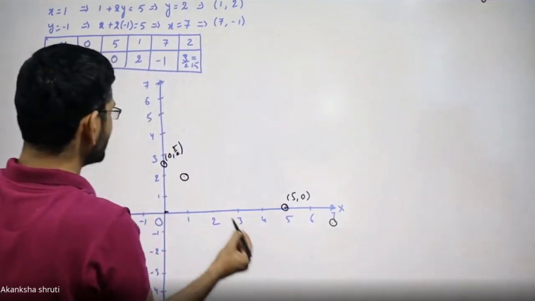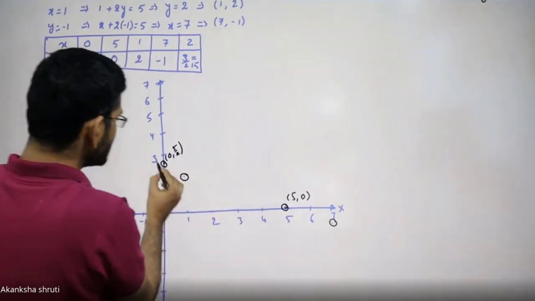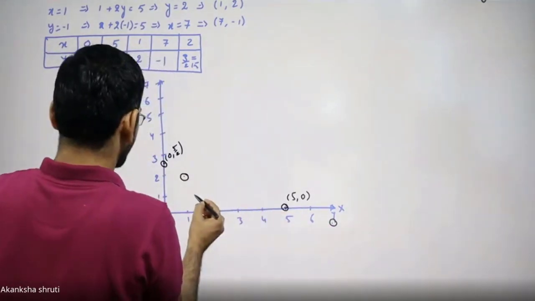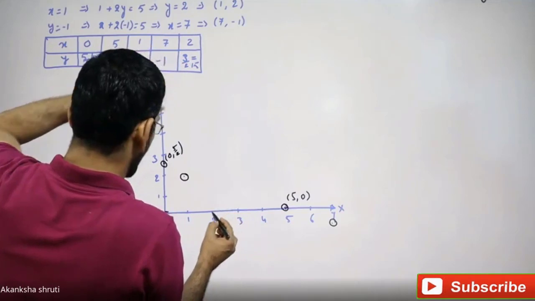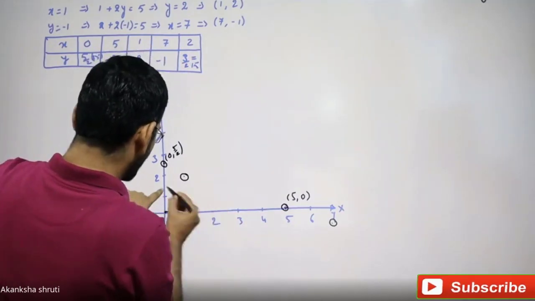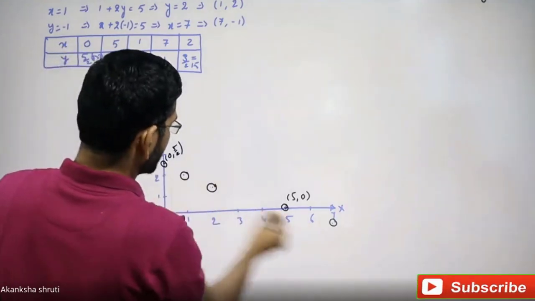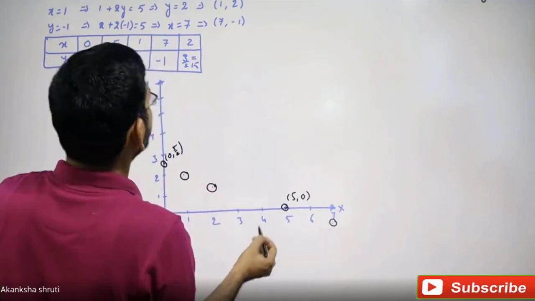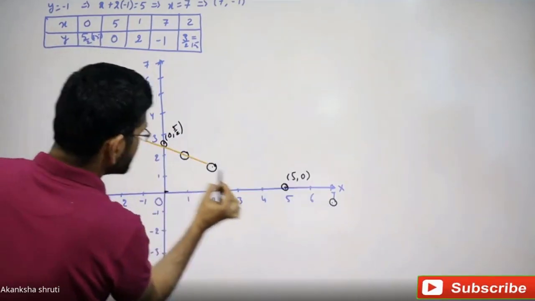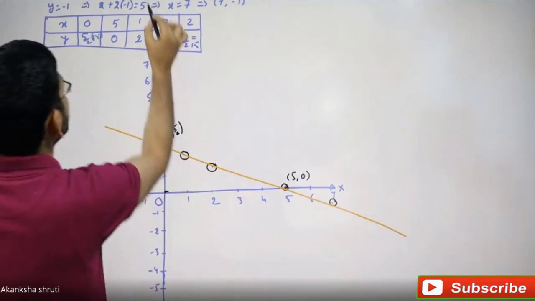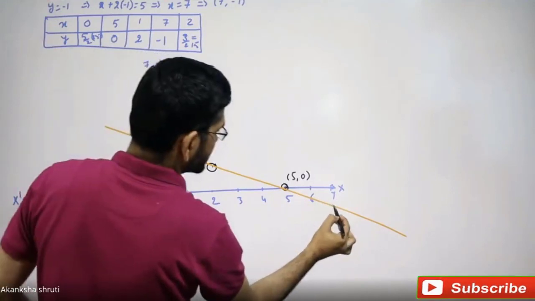So from this one, if you are drawing the parallel line, it is nearly at this point. So what we are observing, student, if you observe it carefully, you will observe that these points are on the same line. So we have to draw carefully. Let us put the other point also. x as 2, y as 1.5. So take this x as 2, y will come as 1.5. Now you are observing that all these points are on the straight line. Then you have to take your scale and all three will come on one line. You will observe that all these points are on the straight line, means a straight line is passing through all these points.